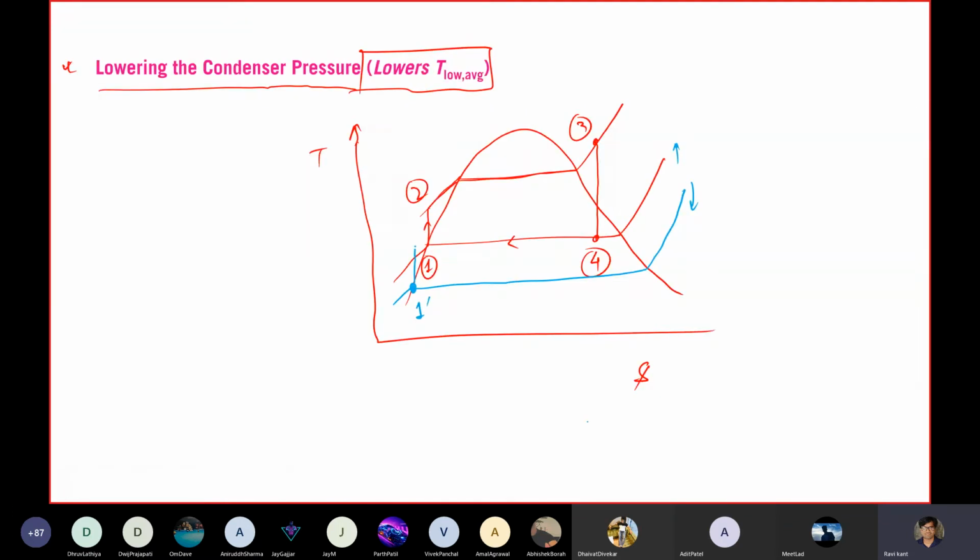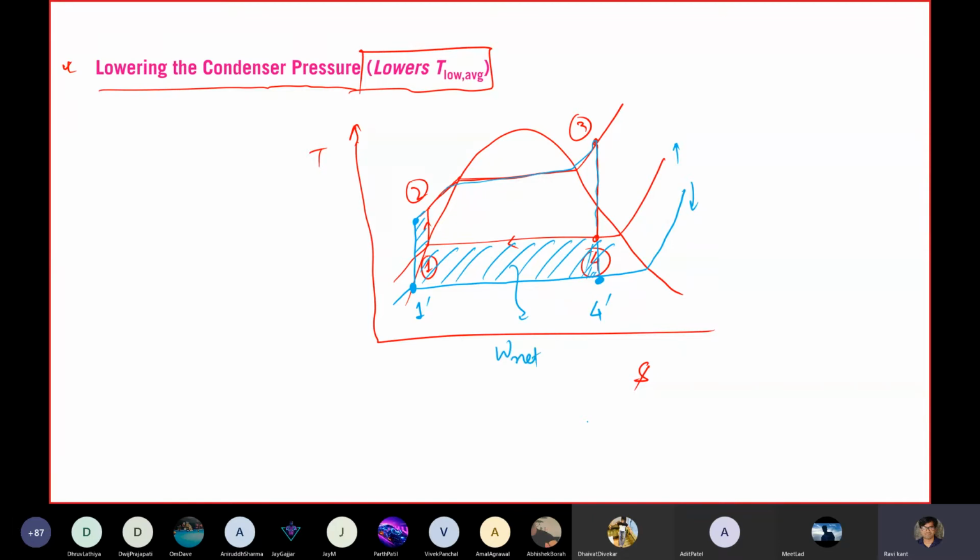It goes something like this, and it comes back here, 4 dash. Now you can see that from here till here you have extra